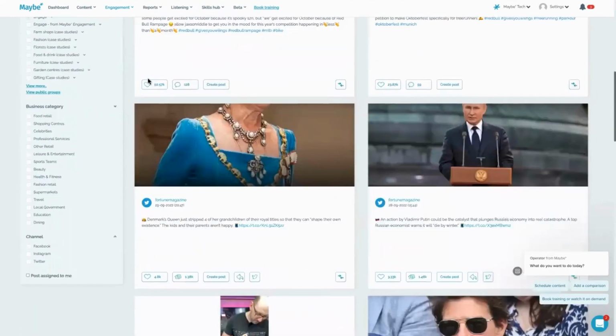And then I could quite literally go in there and like them. I can comment on them as National Trust. I can go in and support them. And I can also recreate the post myself and post it on my site as well. But it means that not only are you monitoring the content and seeing what they're putting out there, but you're also